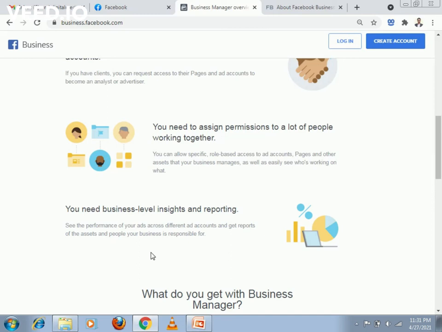If one ad account or one page requires 2 people to manage it, Facebook Business or Business Manager will help you do that. You can allow specific role-based access to ad accounts, pages and other assets that your business manages.